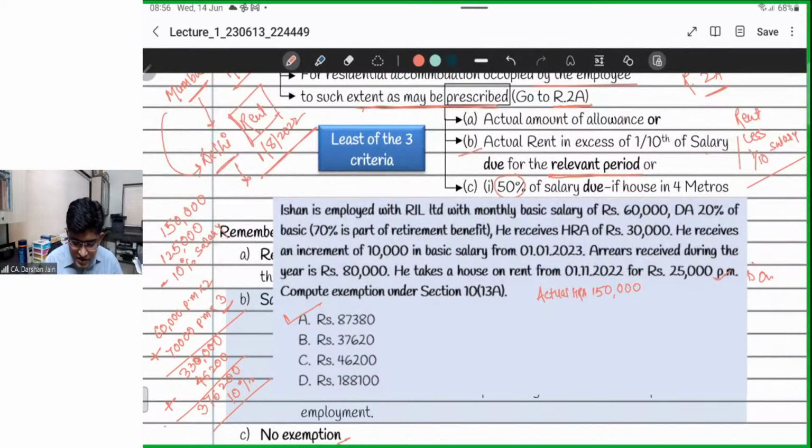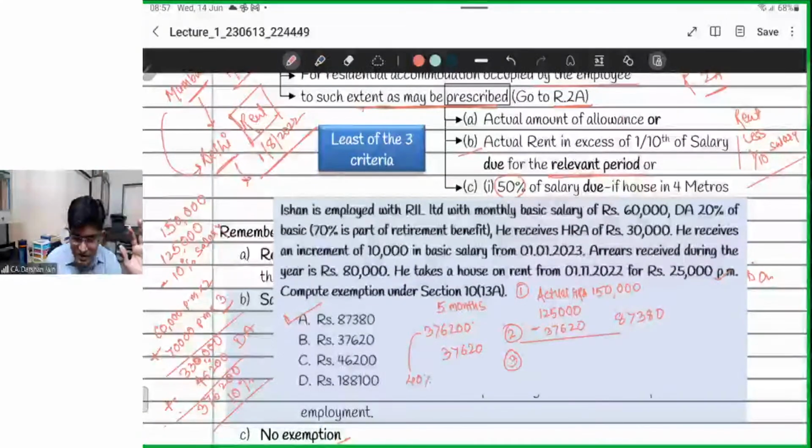1,50,000. Rent paid. What is the rent paid during those 5 months? 1,25,000. During those 5 months, my salary was 3,30,000 plus the DA, right? I hope you are getting 3,76,200 rupees of salary for those 5 months, right? Now 10% of this, which amounts to 37,620, is something to be borne by me, and therefore I deduct 37,620 out of the actual rent that I have paid, which comes down to 87,380. So this is my second limit,